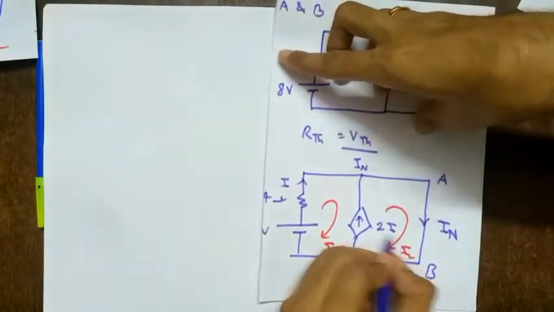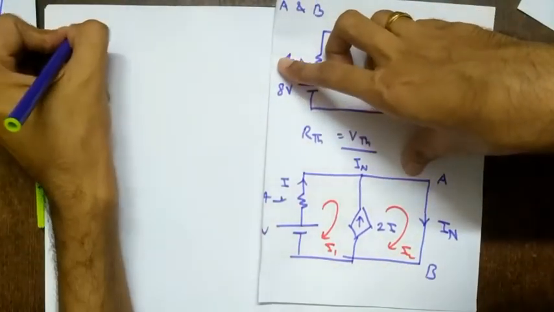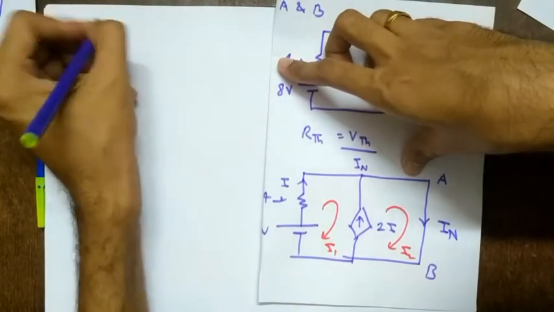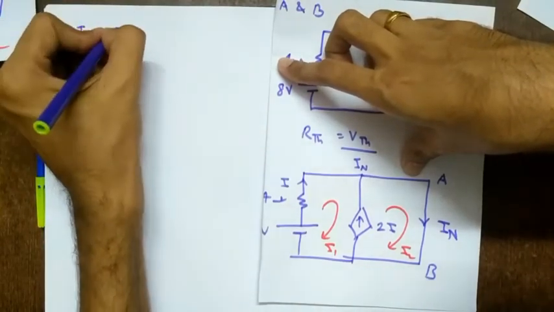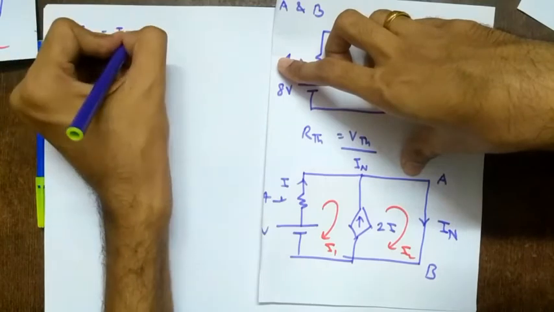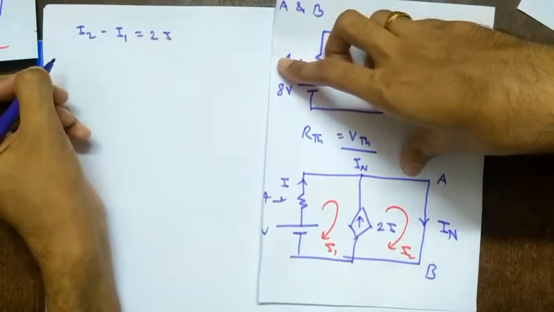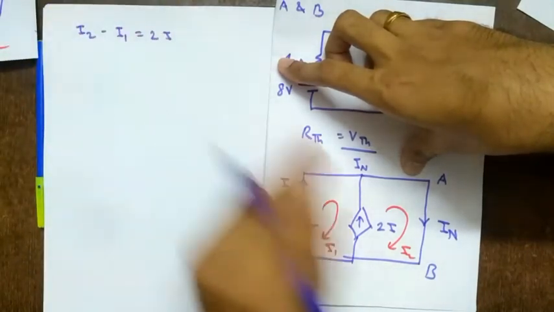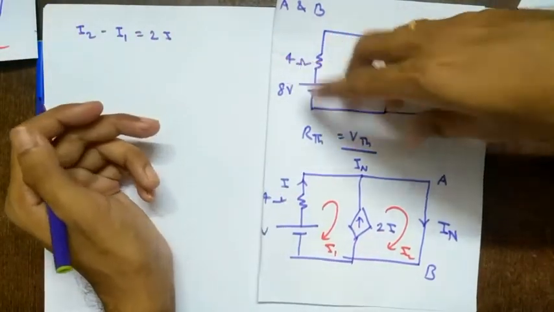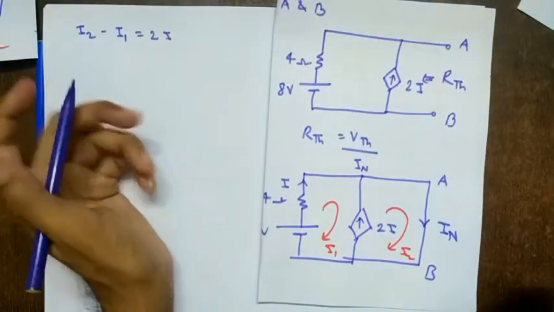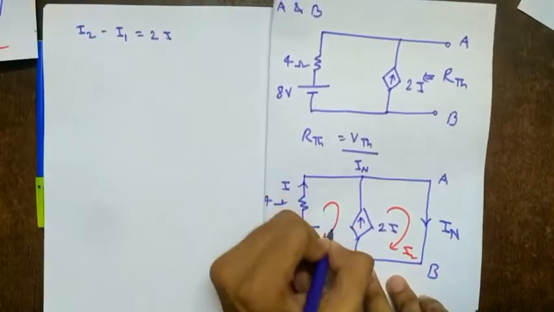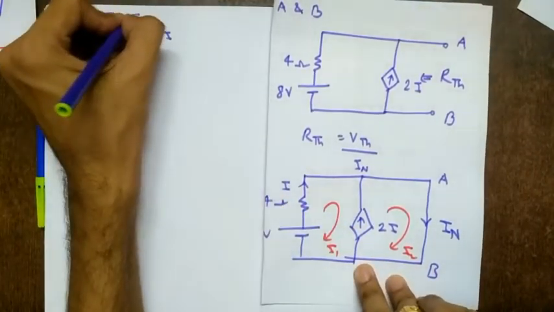So what can I write? Same direction, so I2 minus I1. I am not writing it fully; apply KVL to mesh 1 and 2 to form the super mesh. That is expected. Now you understand correctly how to write. So I2 minus I1 is 2i. Right? And before this, we write the control variable equation. So what will it be? It will be I is equal to I1.